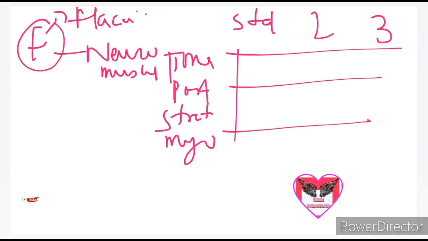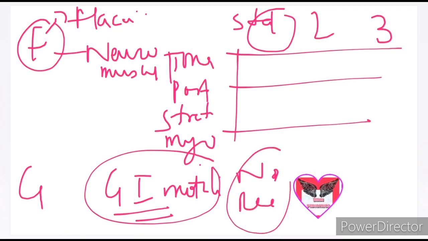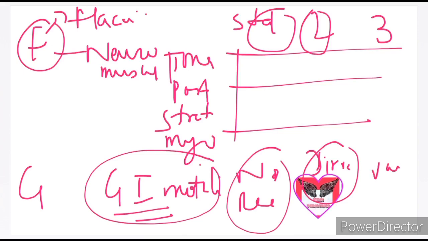Again we have G for GI motility. We know that parasympathetic is responsible for diarrhea, dysentery, increased parasympathetic stimulation. So in stage 1 we have normal to reduced GI motility, sympathetic stimulation, stage 1. In stage 2 we have parasympathetic, so we have profuse diarrhea or increased peristalsis, and stage 3 we have variable response,